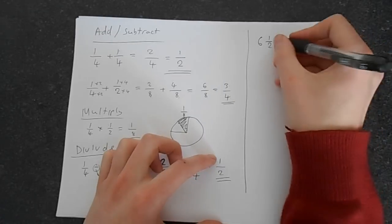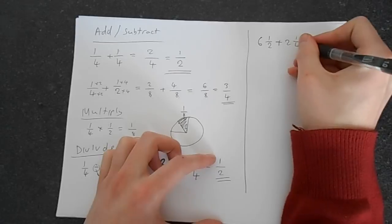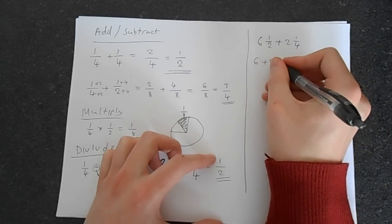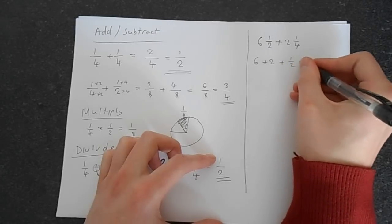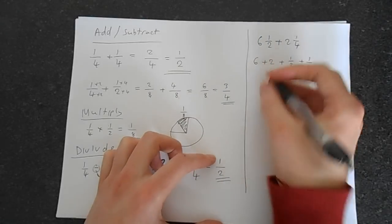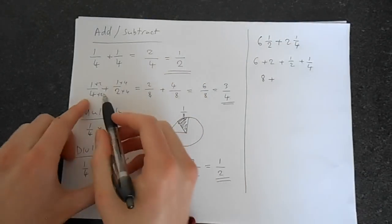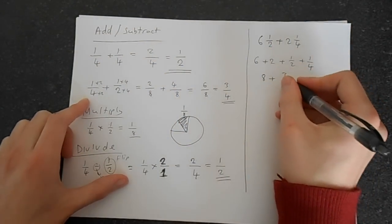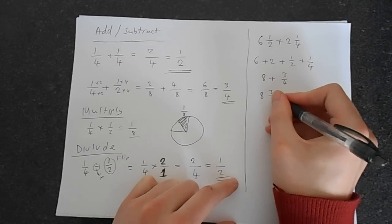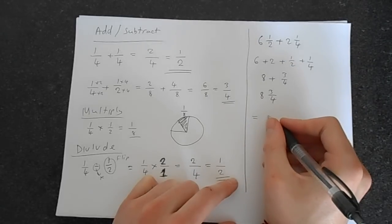Ooh, that looks different. Plus, we're going to do, say, 2 1/4. So the trick here is we can split this up and do 6 plus 2 plus 1/2 plus 1/4. So this gives you the right answer. So 6 plus 2 is 8, and then we're going to add to that, well, we can just steal the answer from here, plus 3 over 4. So we're going to get 8 3/4. And this is just the same as